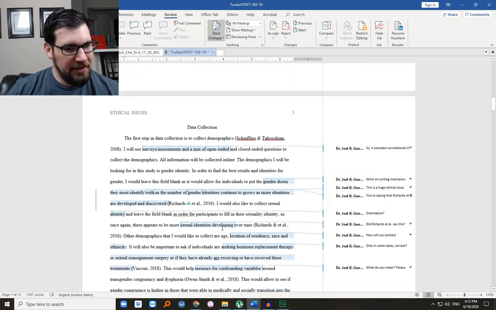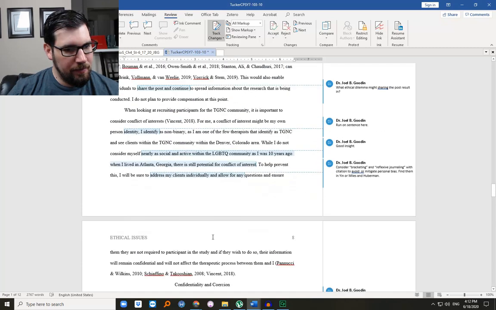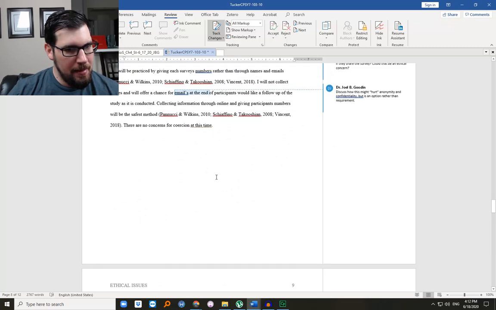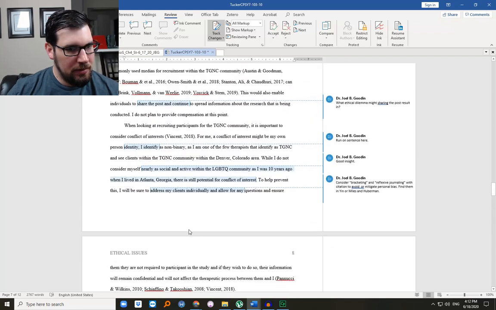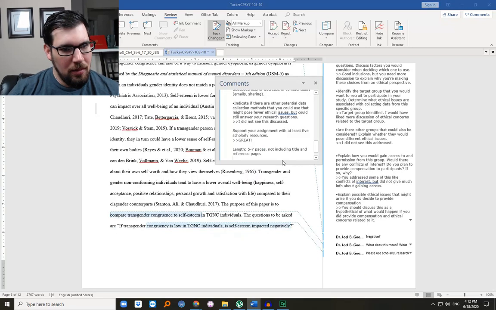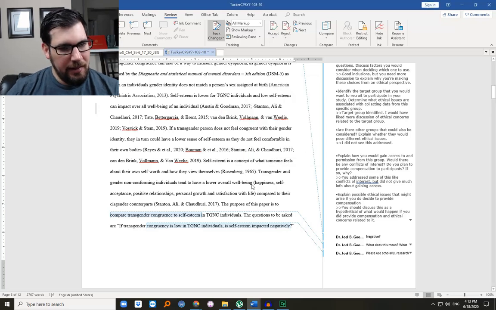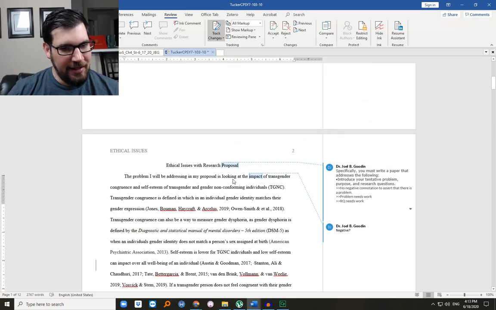Here we see they go from page 2 to really 8 in the minimum. From 2 to 2, 3, 4, 5, 6, 7. So they got about 6. So that is enough. We're going to leave that as met. References and title page do not count towards that.